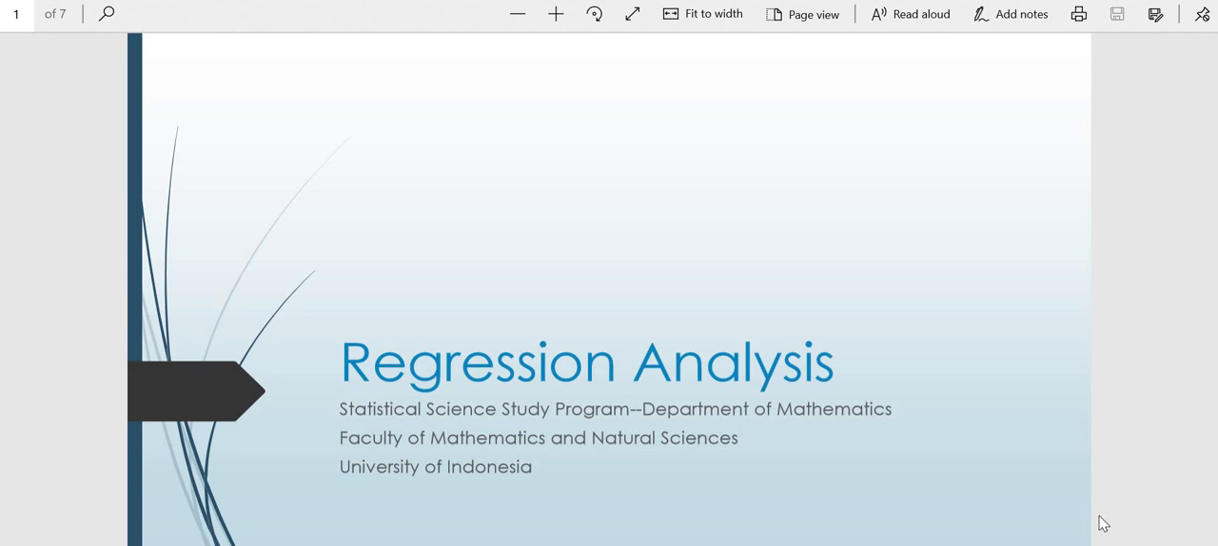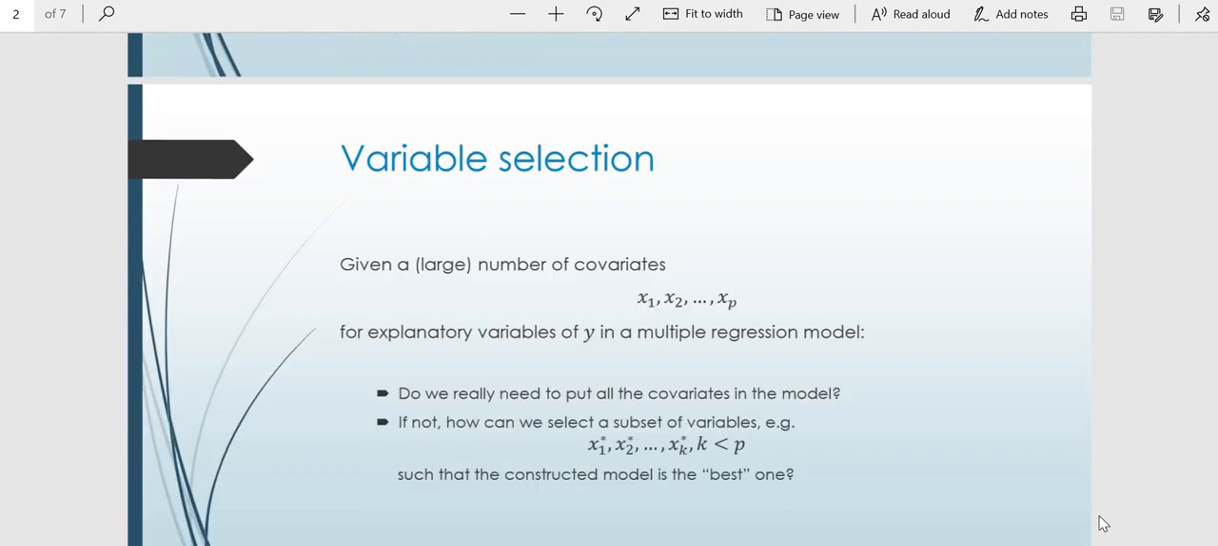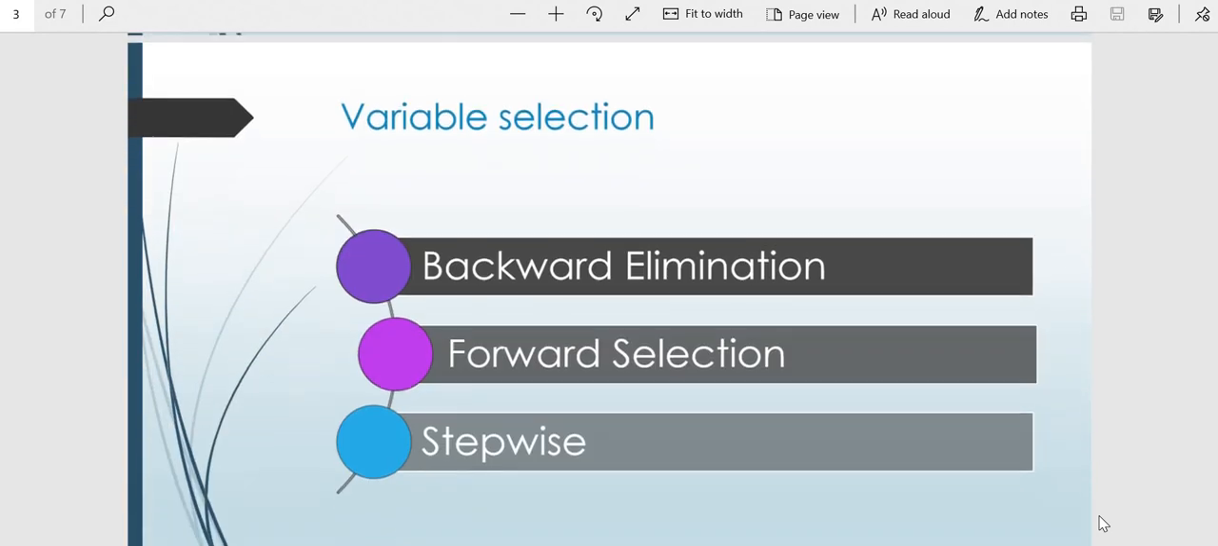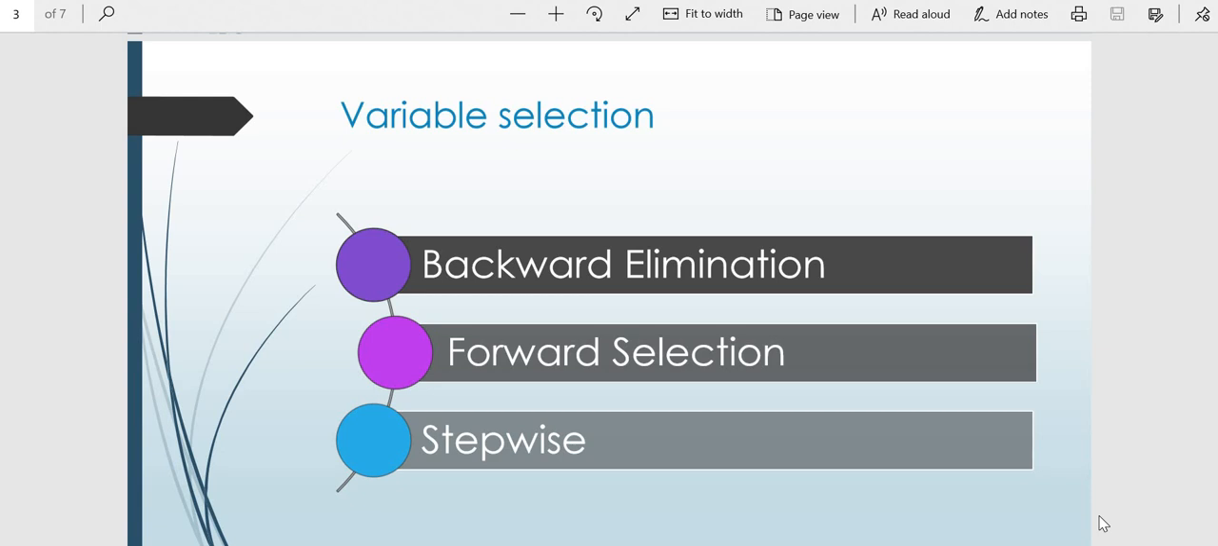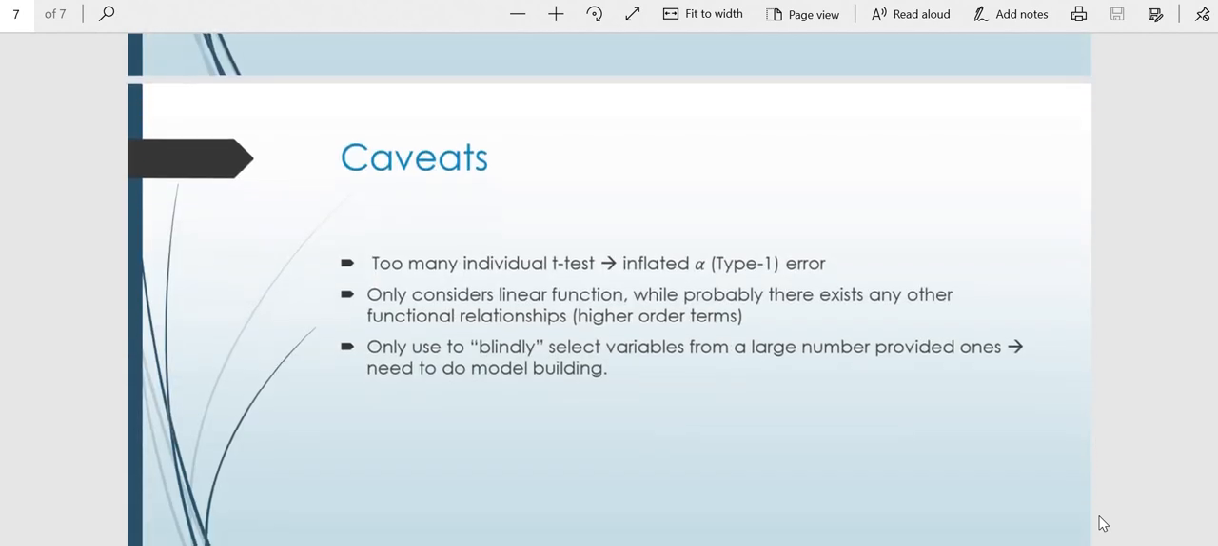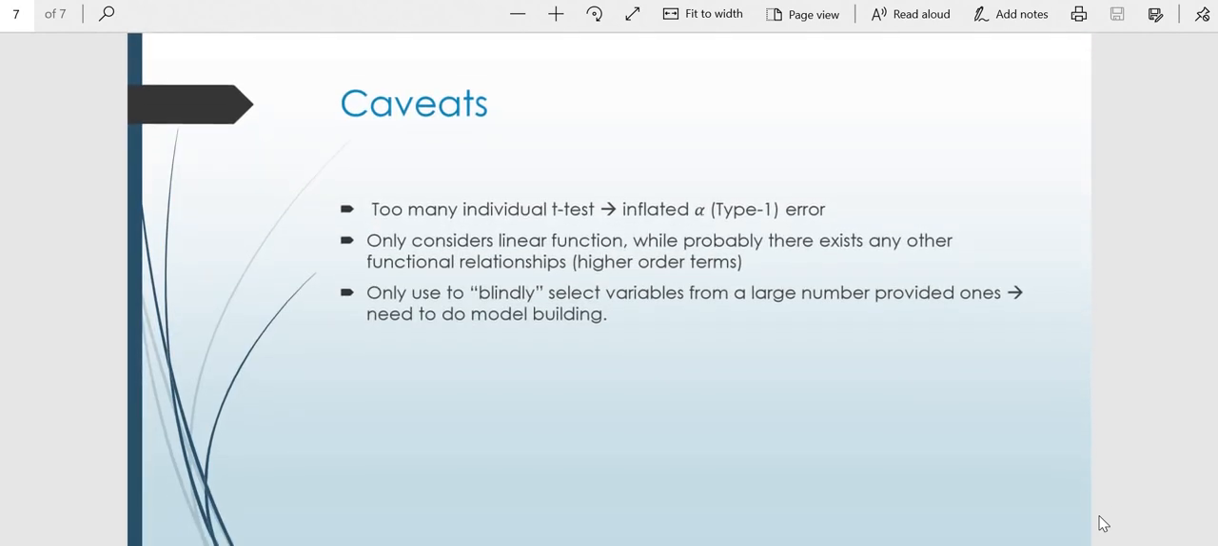So what we will be doing for this session, still on the variable selection. Previously in another video, I've explained the concept and algorithm of doing variable selection, particularly for these three methods: backward elimination, forward selection, and stepwise. And in the other video as well, I already explained how to do these methods in R. So for this session, we will look at the caveats of doing the